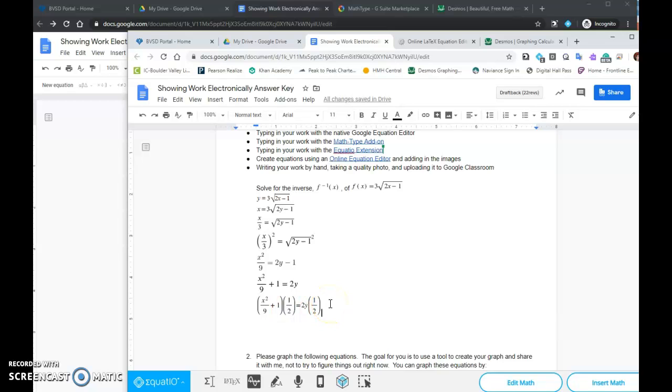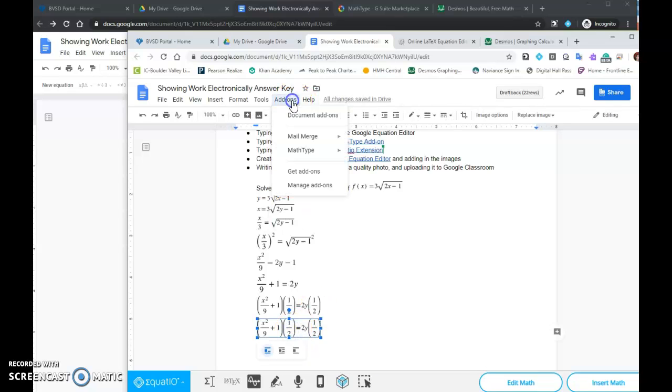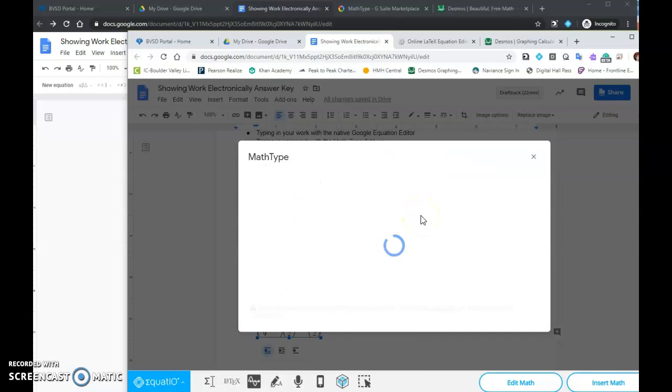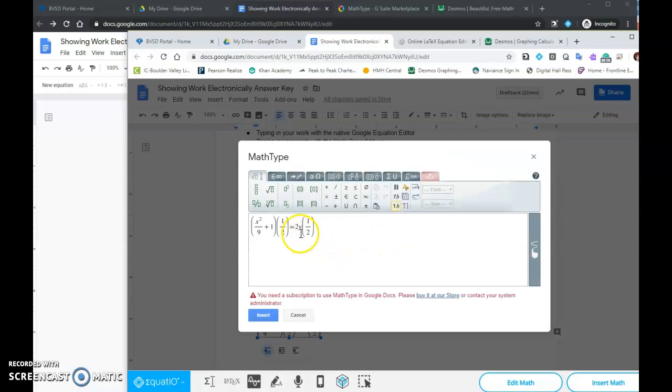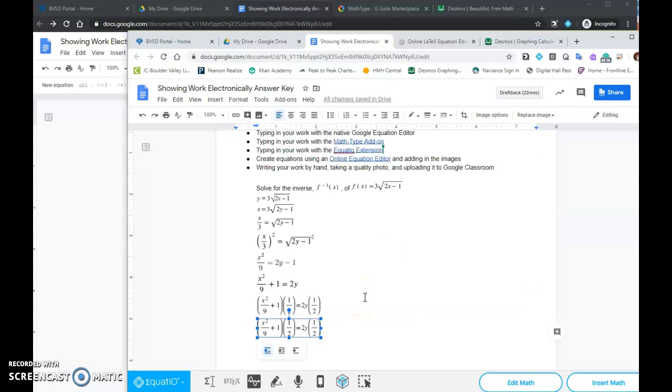And then what I like to do is I like to copy this, paste it for my next line, click on it, go to add-ons, MathType, and edit that math equation. So that's going to import that equation into my MathType, and then I can just edit from here, and I don't have to retype everything, which makes it a lot more efficient. So yeah, then we insert, and at that point we